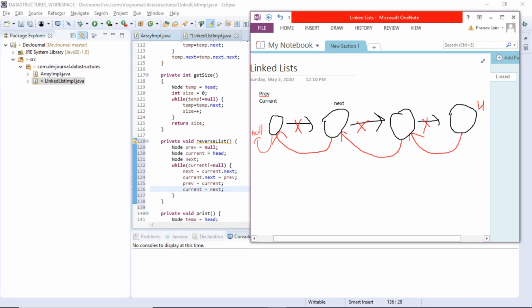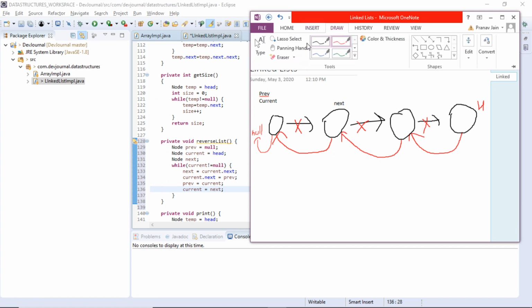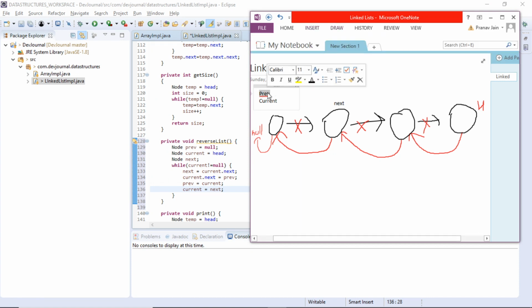Now we should move the pointers ahead. The previous was initially here in the null. Now previous is going to come at the first node here. Previous will come here, and current will become our next. So this will be our current.